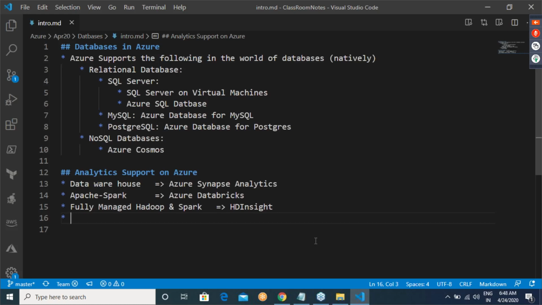Obviously, if your company wants some predictive analysis, as I'm telling you again, I'm just giving this for information. We don't deal with analytics in this course. Azure has a stream called machine learning. And Azure also has offerings for parallel analytics.